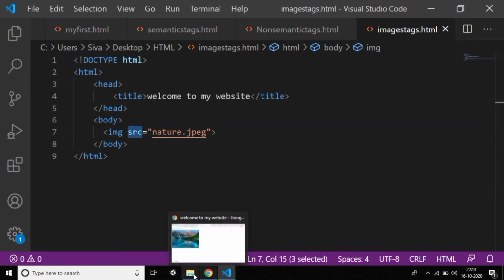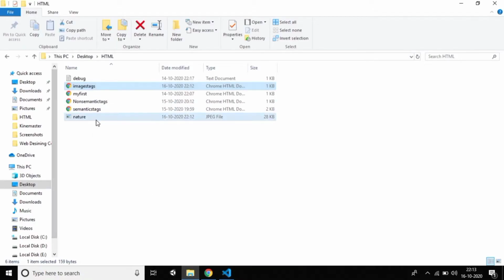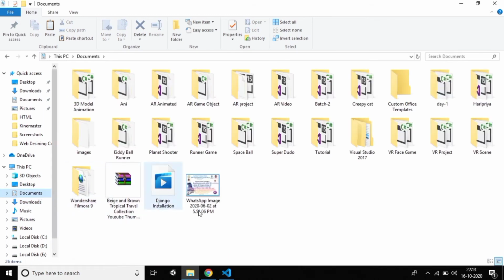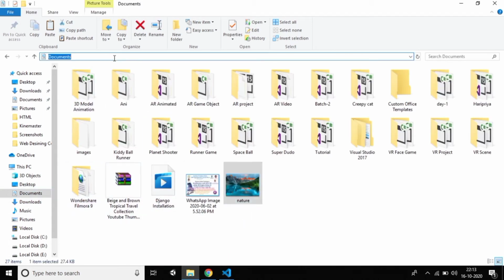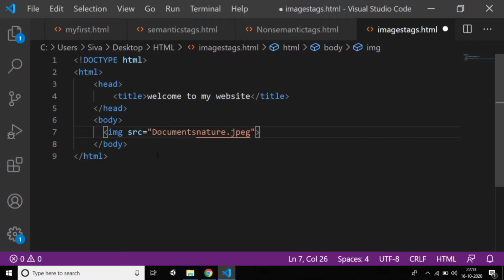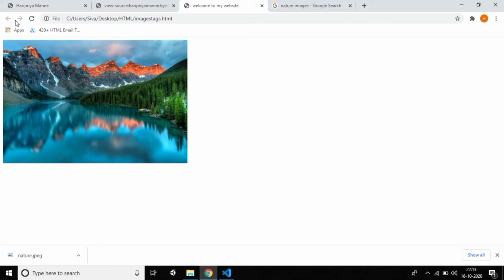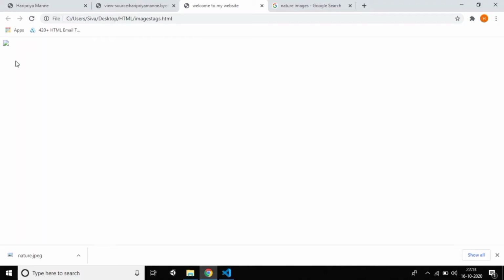One more thing I want to say: the image is located here, right? If the image is located in downloads or documents, just Ctrl+V and you need to give the whole path. Just copy and paste here, and slash, then Ctrl+S. Is it working or not, I don't know. Yes, of course, you can see the path, because I made a mistake in the path.